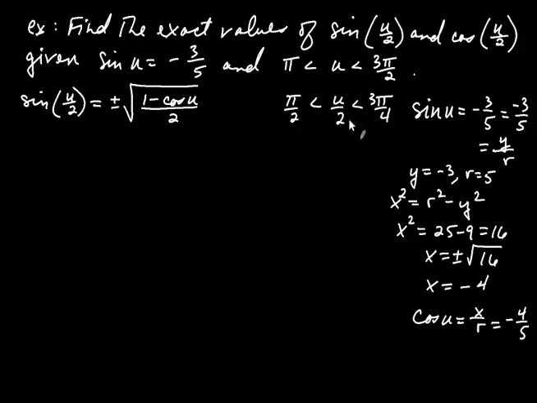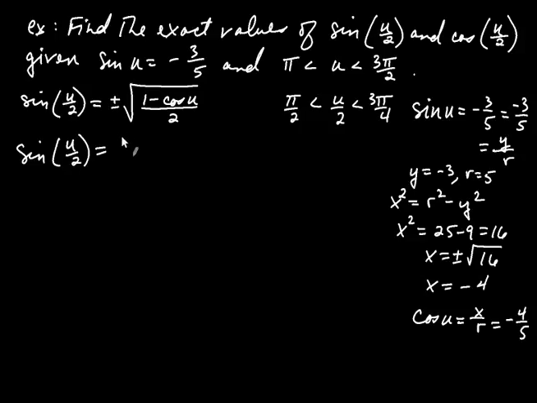That's tricky. u is in quadrant 3, but u over 2 is in quadrant 2, according to this relationship. It's greater than 90 degrees, but less than 135. So that's in quadrant 2. Now sine of an angle in quadrant 2, is that positive or negative? That's positive. So that means sine of u over 2 is equal to the positive